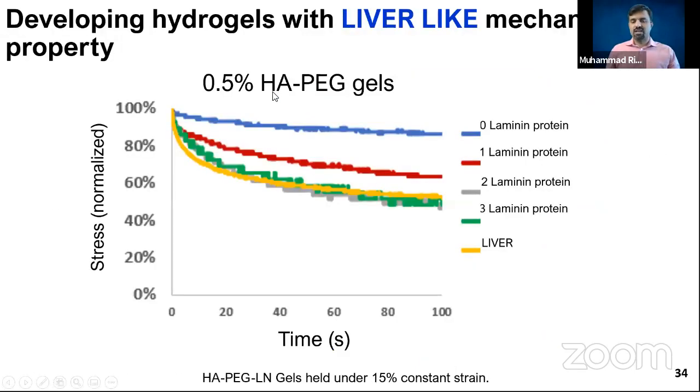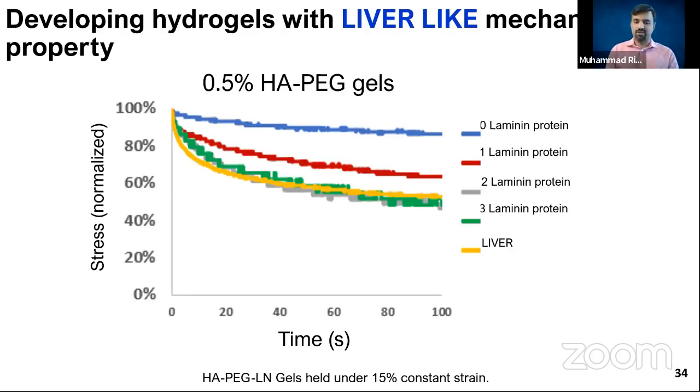So we were working with HA hydrogels, hyaluronan hydrogels, cross-linked using PEG. And when we looked at the mechanical properties of the liver, we looked at stress relaxation. We took liver tissue from mouse and did mechanical testing, and we found that it does relax stress, but our hydrogel was not relaxing stress because it was covalently cross-linked. So we included laminin. It's a protein found in a number of tissues. And as we increase the amount of laminin, we can see that our hydrogel behaves similarly to liver tissue. It was also relaxing stress, just like liver. So we developed a liver-like hydrogel for the cell growth.